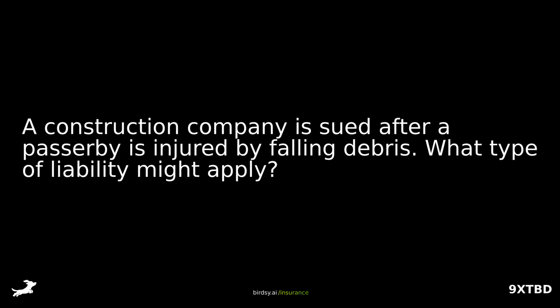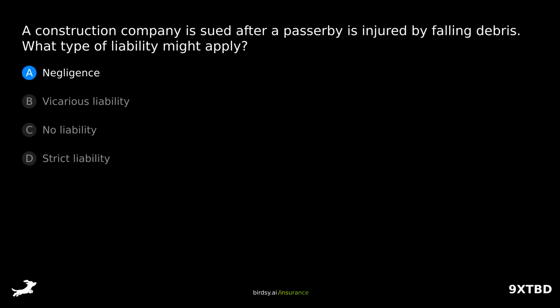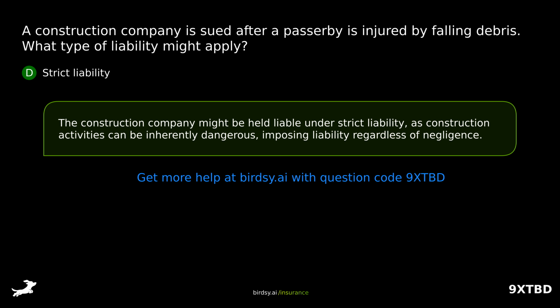A construction company is sued after a passerby is injured by falling debris. What type of liability might apply? Is it A, negligence? B, vicarious liability? C, no liability? Or D, strict liability? The answer is D, strict liability. The construction company might be held liable under strict liability, as construction activities can be inherently dangerous, imposing liability regardless